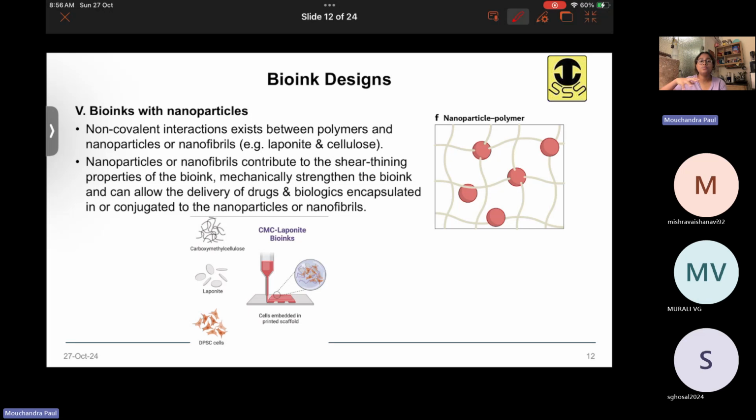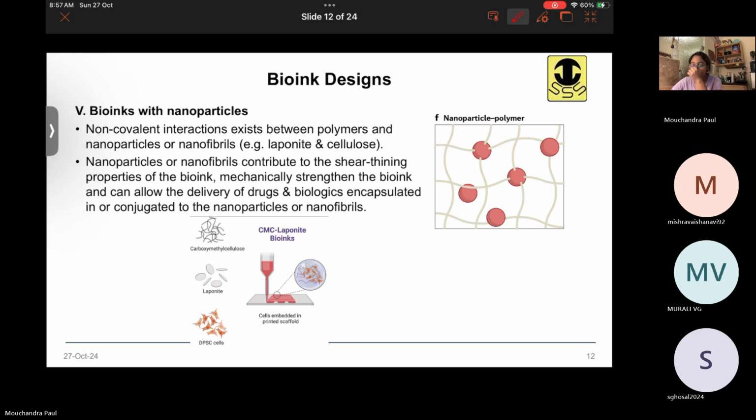If you mix some polymers with nanoparticles, these nanoparticles can help in enhancing the shear thinning property, they can mechanically strengthen the biomaterial, and they can also act as a carrier for drugs or growth factors, which get encapsulated or conjugated with these